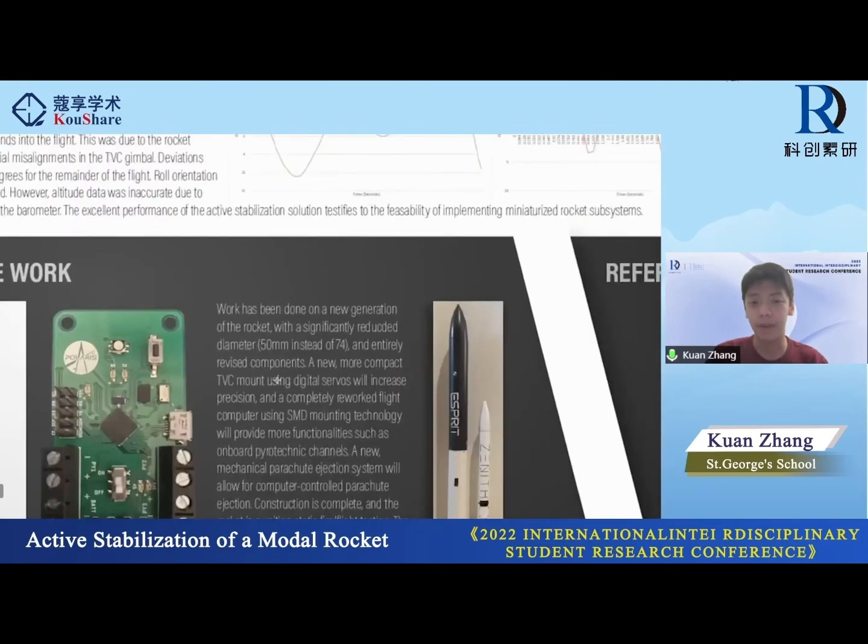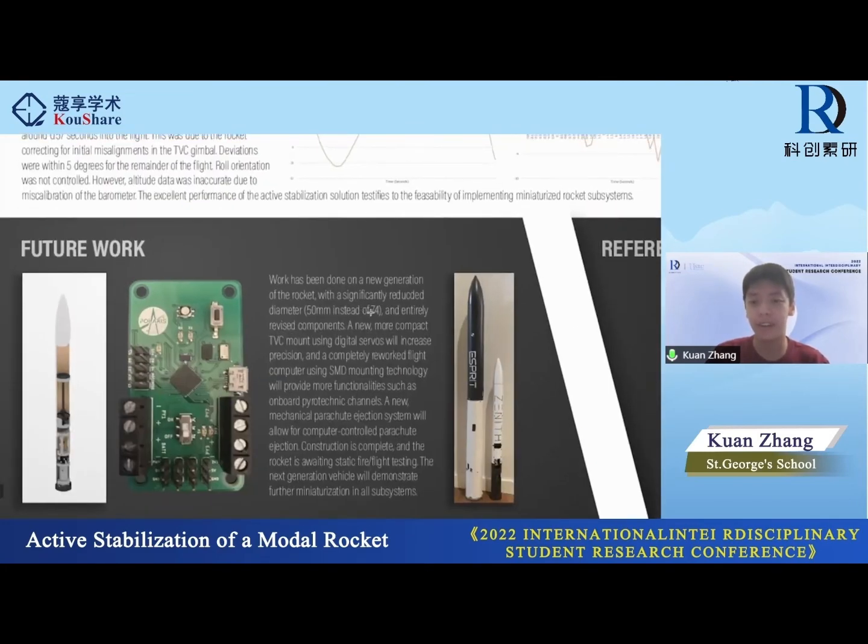Now, in terms of future work, work has already been done on a new generation of the rocket with a significantly reduced diameter, in this case 50 millimeters instead of 74 millimeters, and entirely revised components. A new, more compact TVC mount using digital servos will increase precision, and a completely reworked flight computer using SMD mounting technology will provide more functionalities such as onboard pyrotechnic channels, as well as a switching buck converter to provide